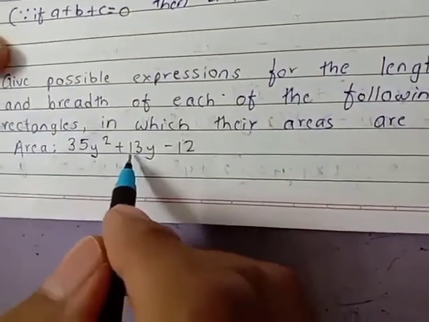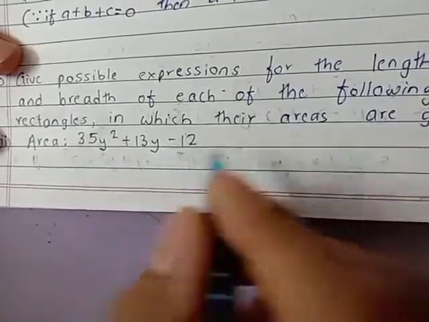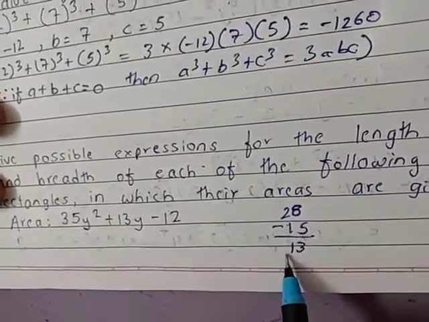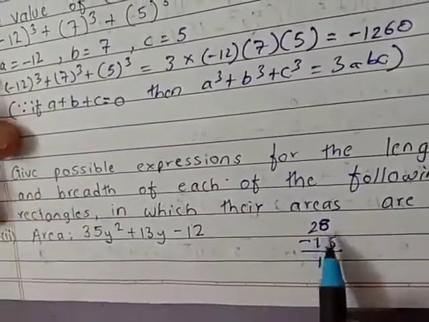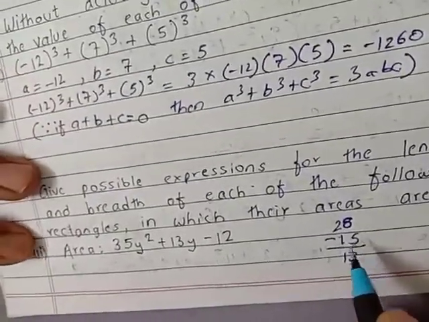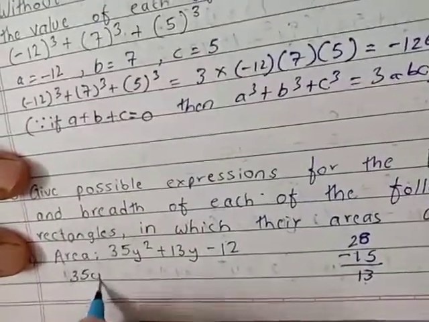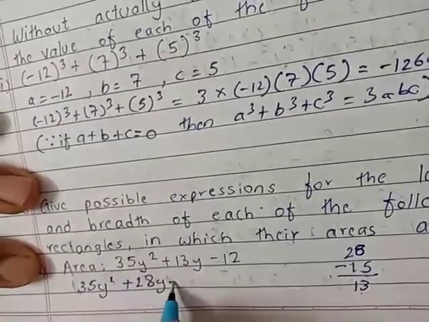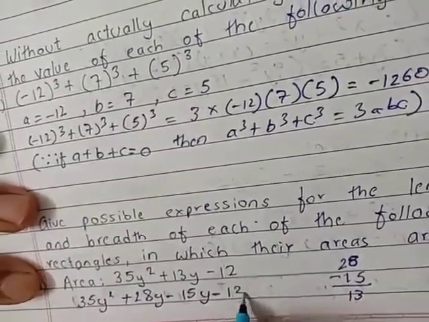Such that if we add the middle term, here this 13, you can write 13 as 28 minus 15. Okay, if you subtract 15 from 28, what will you get? You will get 13. Okay, so by splitting this middle term, you will have to write plus 28 and minus 15. Okay, so this will be written as 35y square plus 28y minus 15y minus 12. Okay,